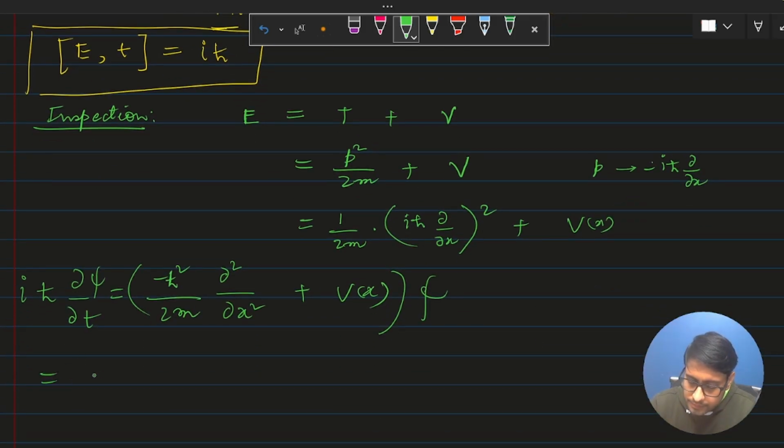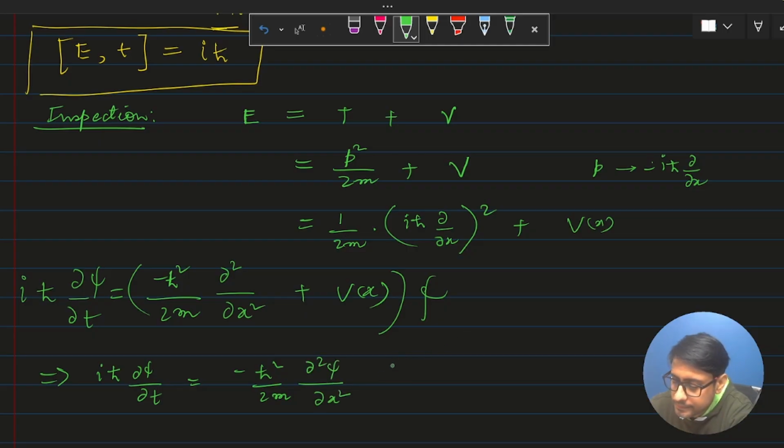So we can write i h bar del psi over del t is equal to minus h bar squared over 2m del 2 psi over del x squared plus V(x) psi(x). Okay,